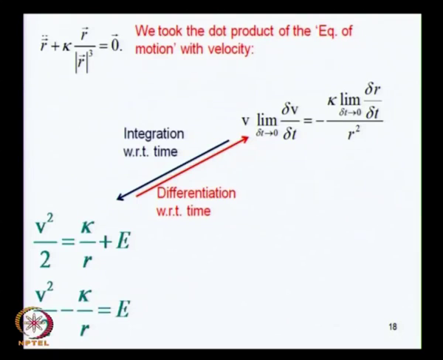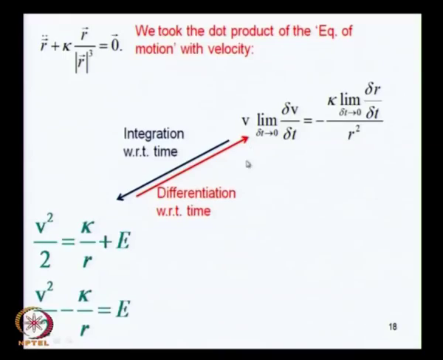This is a constant of integration, it is a constant and therefore a conserved quantity. We have got this E by integrating this quantity over here. If you differentiate this, you go back to this, these are inverse processes. The dimensions of E come from the dimensions that we have chosen for kappa, which is L square T